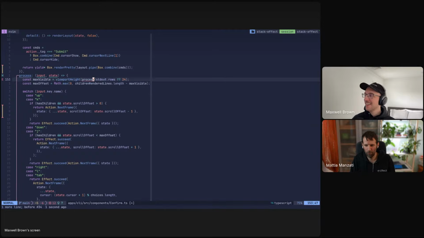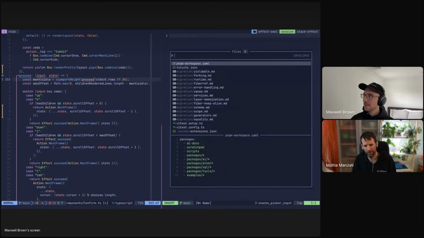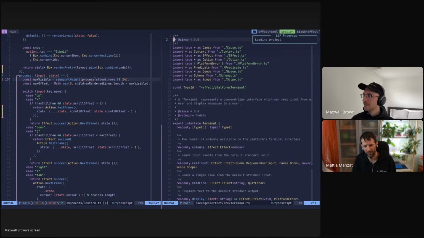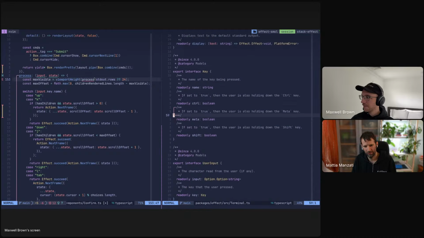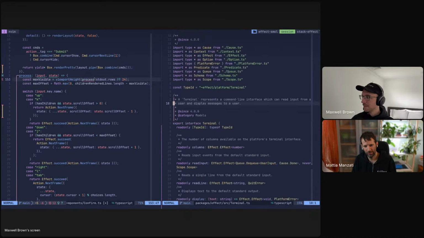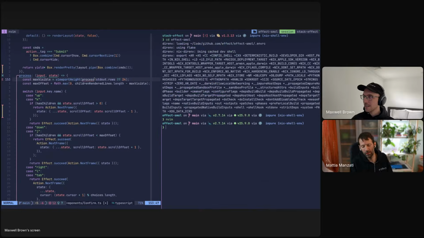Ooh. I think that the terminal service in Effect now has a rows property. Probably. I recall not having that, but eventually I think somebody made some improvements to the terminal recently. No, I guess there are columns. Maybe I made it up in my head. Yeah, there are columns, but not rows. Yeah. Regardless,